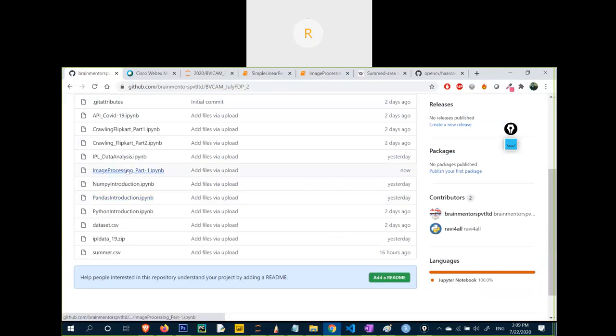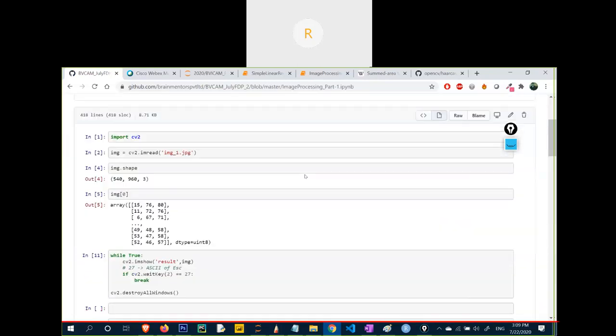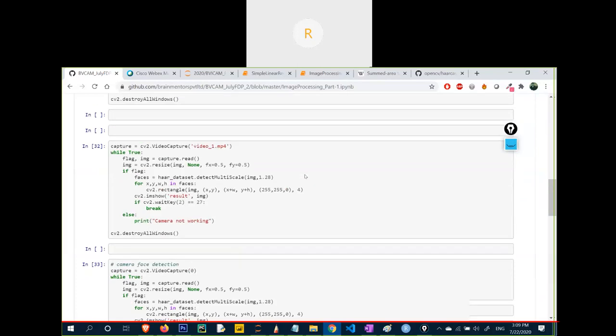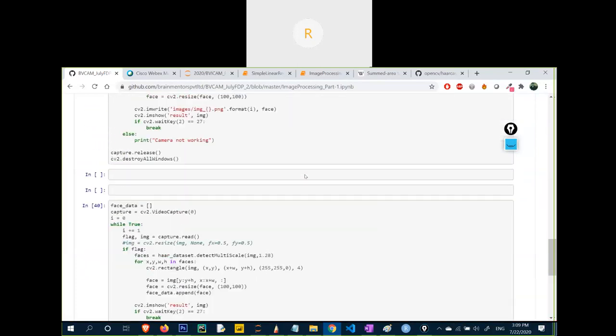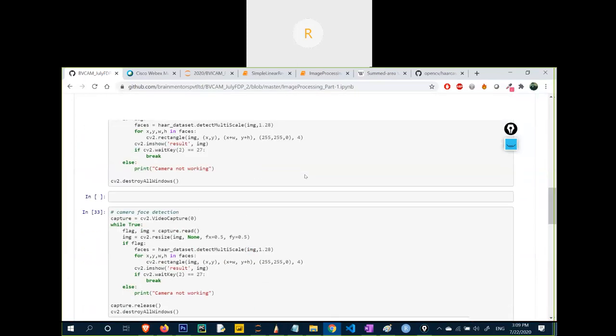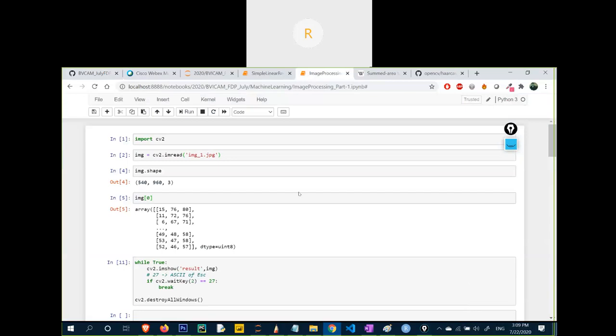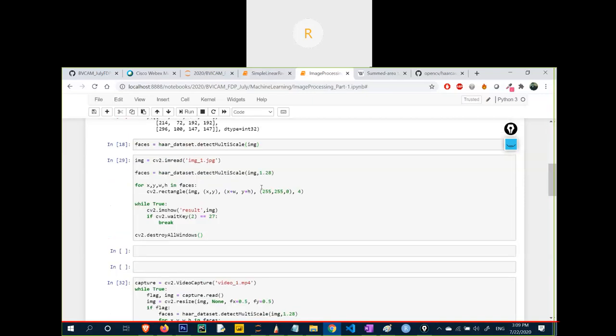Just do one thing right now. Open this file and look at the code, and ask if there is any doubt you have in any part. Just go through this file. I'm giving you 5 minutes. Ask any doubt, whatever you feel like.